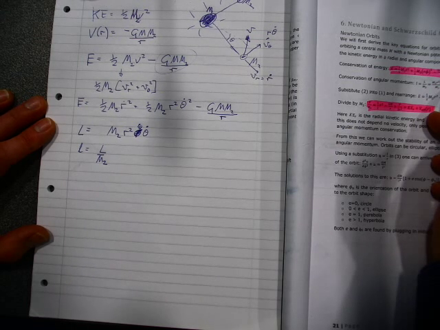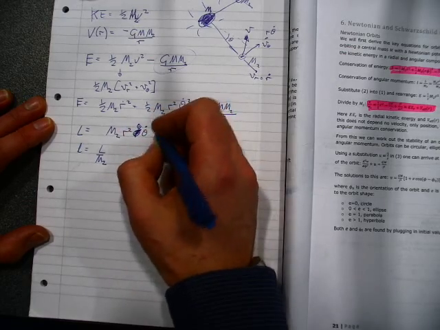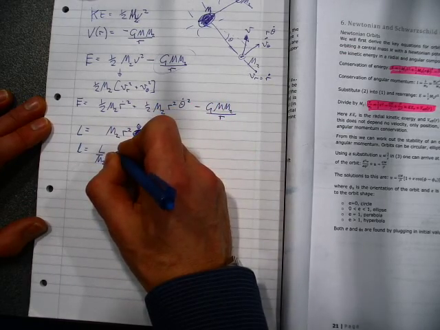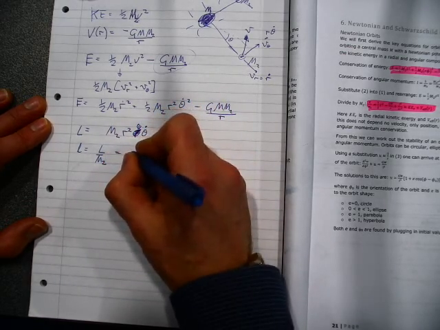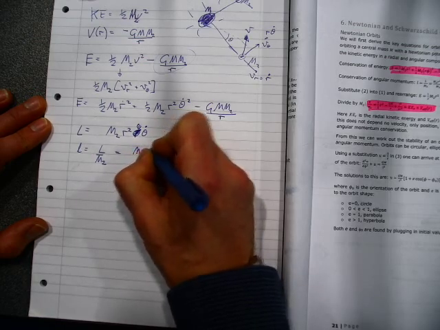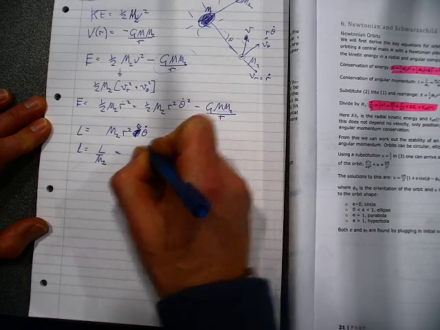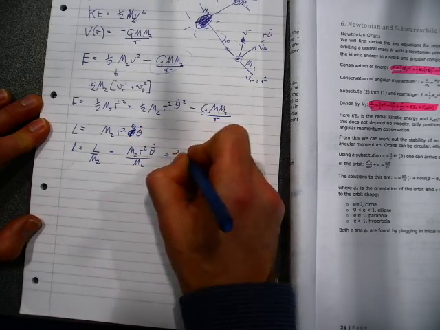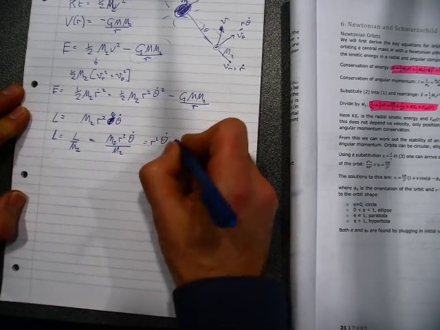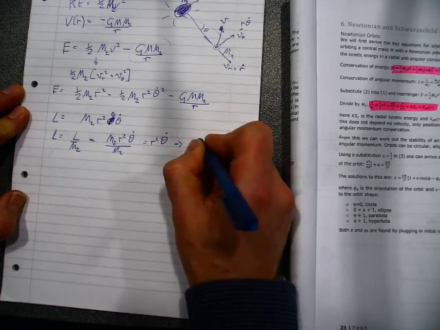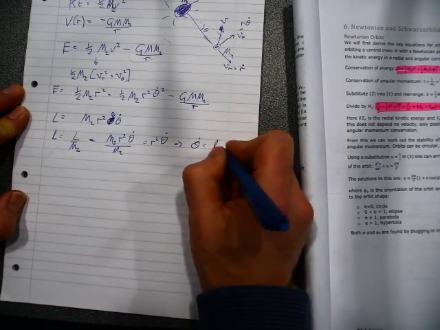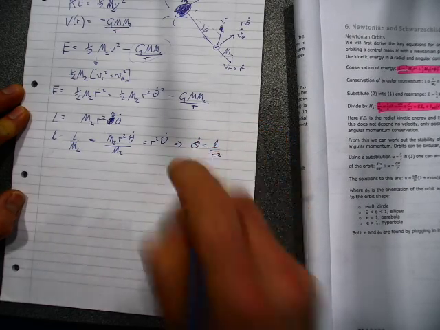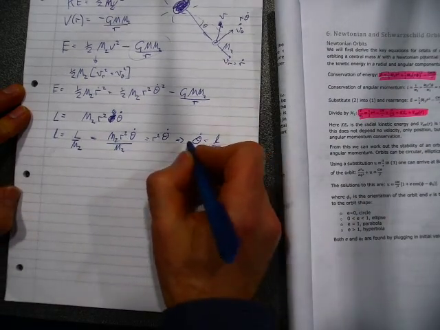So this is my little l, which is therefore equal to m2 r squared theta dot divided by m2. So this little l is equal to r squared theta dot. So from here I can go theta dot is equal to l over r squared. And this is useful. This is simply conservation of angular momentum, but it lets me